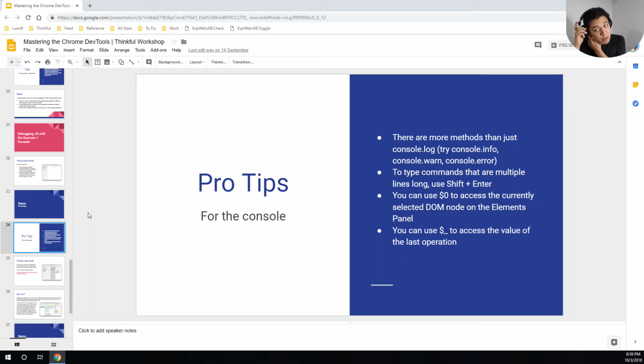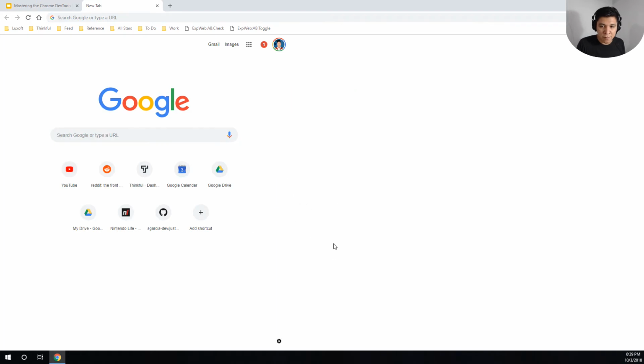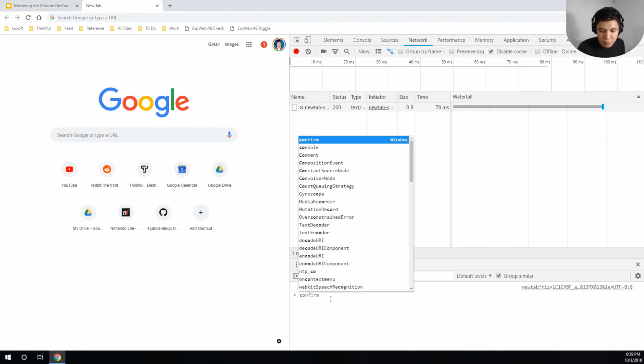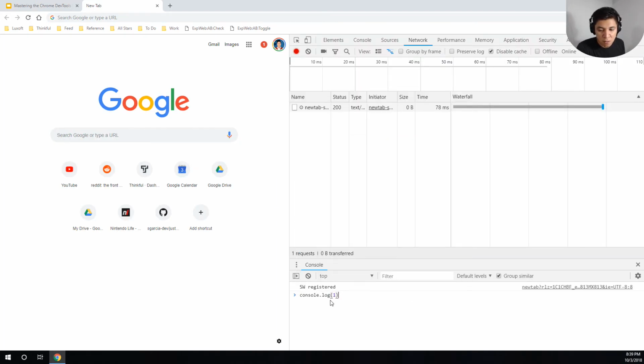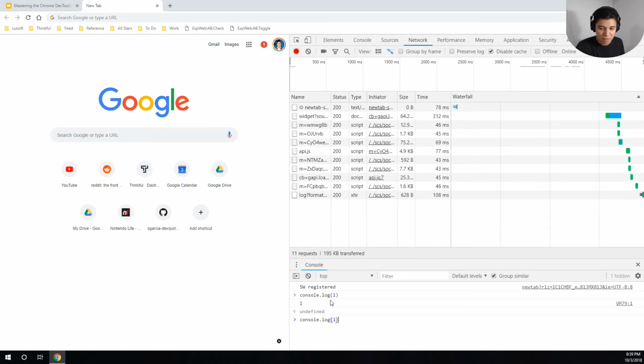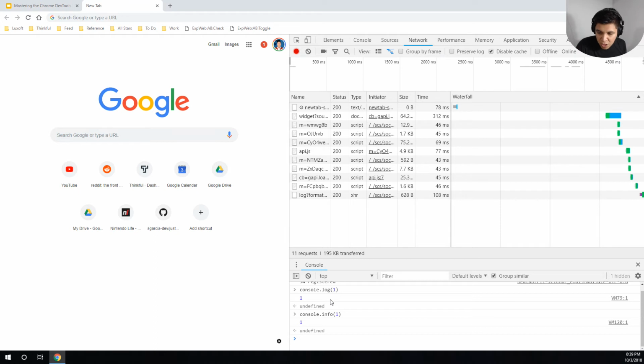As far as the console, there are a lot more methods than just console.log. There's also methods like console.info, console.warn, and console.error. The only difference is that they still log information, but they do it in a different way. So for example, if I do console.log 1, it prints it like a 1. For the console.info, normally here you don't see a difference, but in some programs like Node,